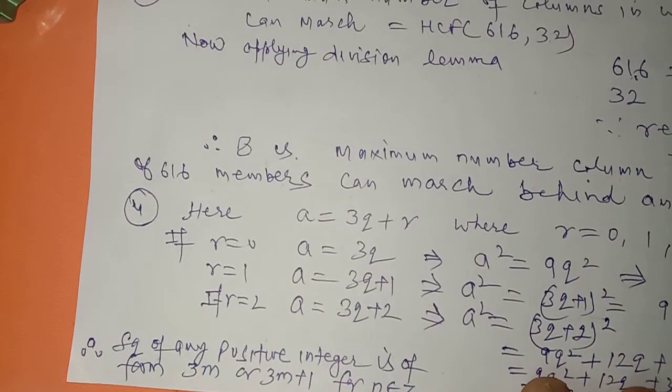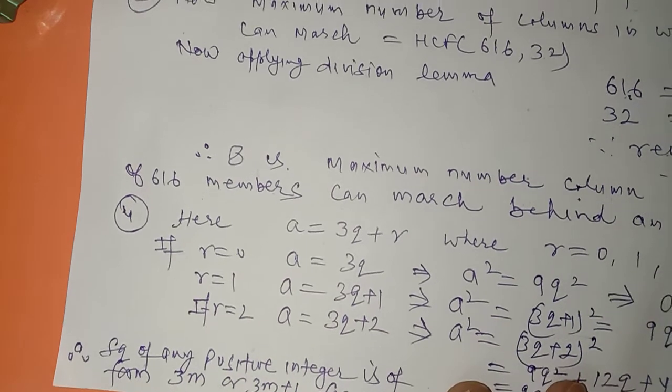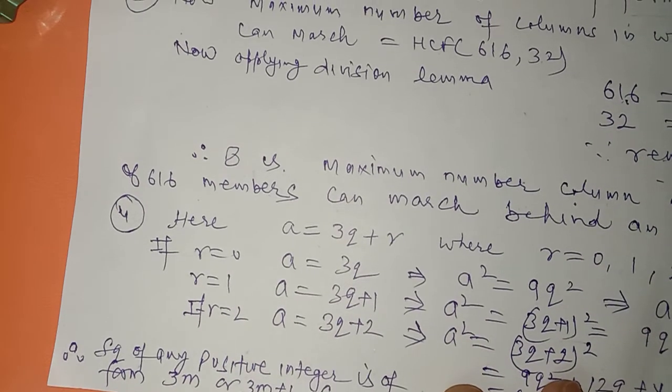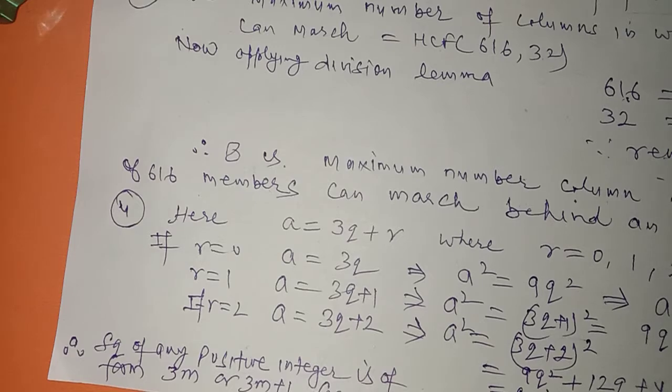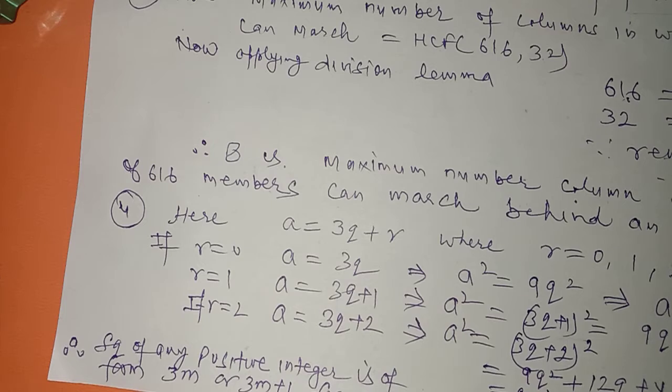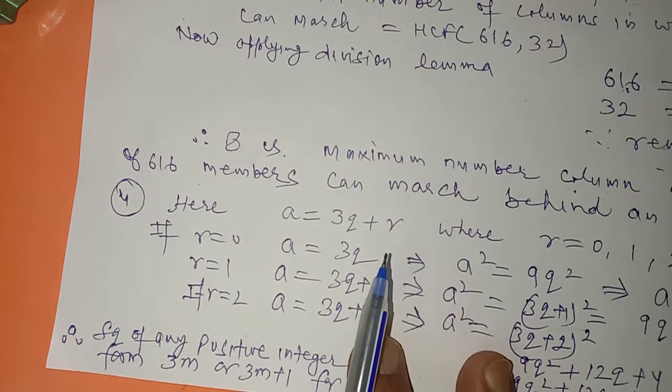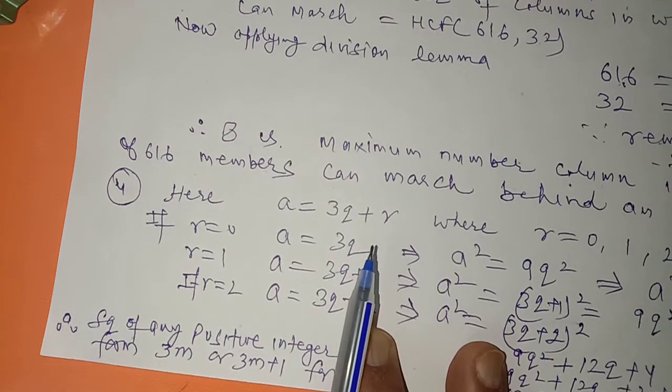Somewhat a theoretical question again, so you have to see it very carefully two to three times, then you will be able to understand. Now, what is given in question number 4: using Euclid's division lemma, you have to show that the square of any positive integer is either of the form 3m or 3m plus 1 for some integer m. You have to prove that for the square of any positive integer.